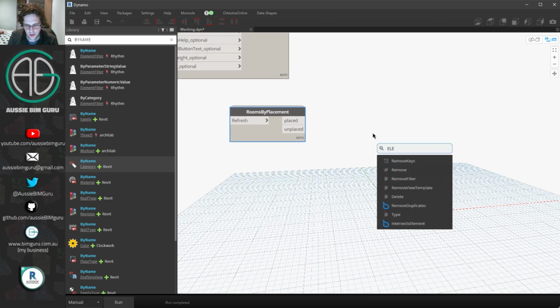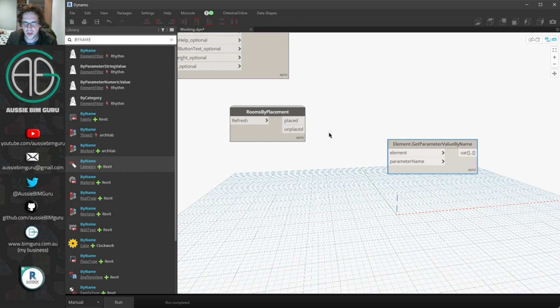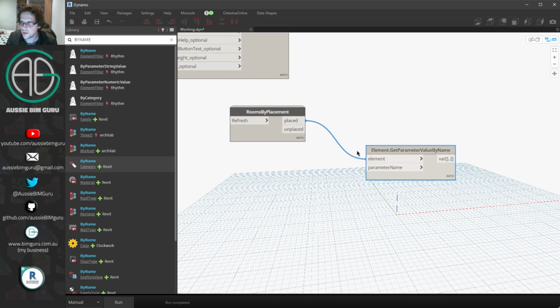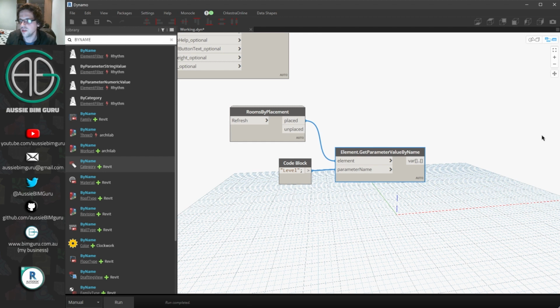In this case, I'm going to get the parameter value by name from each one. And I'm going to get the name of the level. So I'm going to search for the placed rooms. And I'm going to look for the parameter of level with a capital L. This will return the name of the level, not the level element itself. Which is perfect because we can compare this to the list of levels that we've just generated from our user